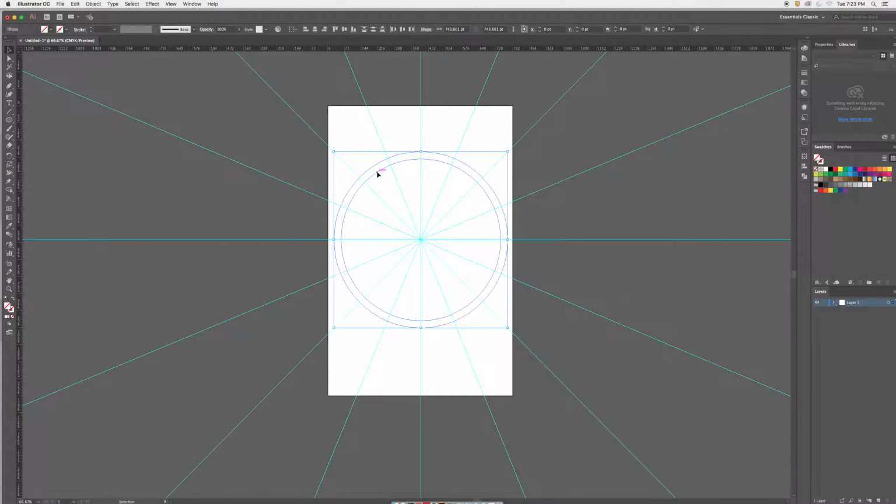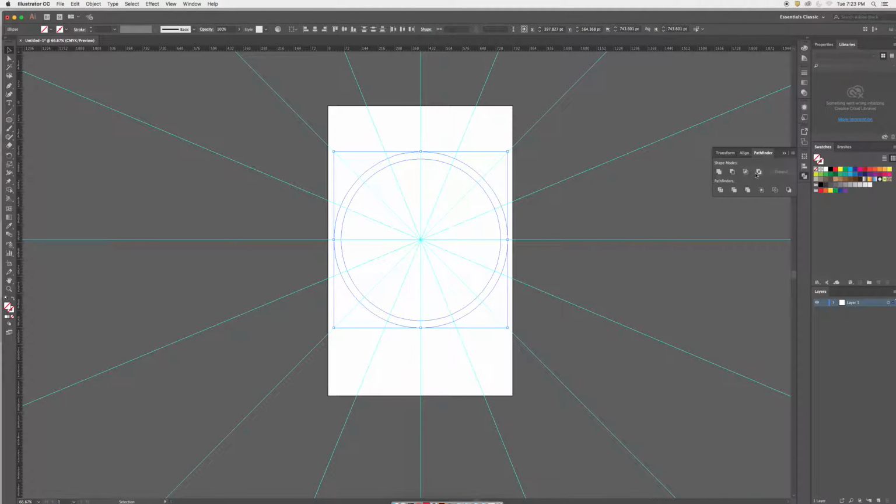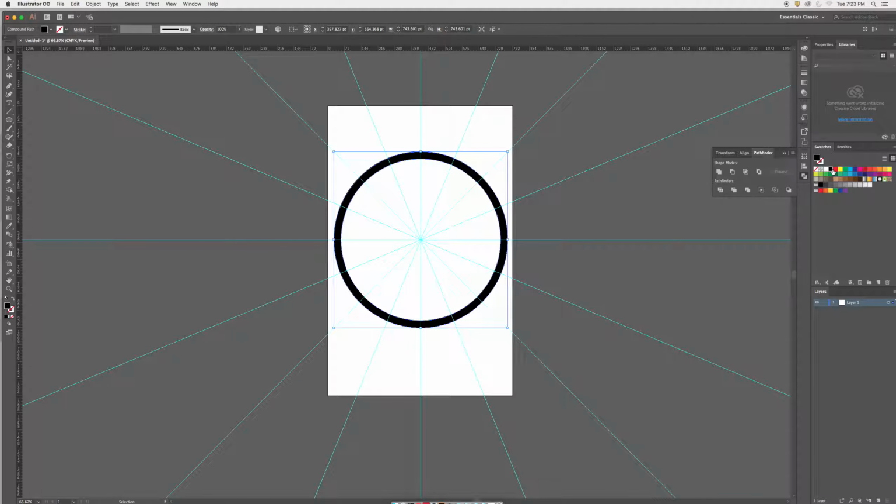Grab, click and drag, and I'm going to copy these. Shift key, click, Command C, and that way I can get these two, shift click, get those two, and I can go to the Pathfinder and punch it like this so that I can end up with a perfect ring. Okay, now this